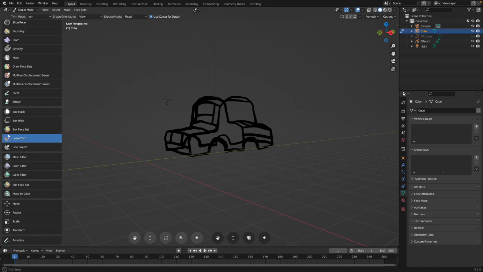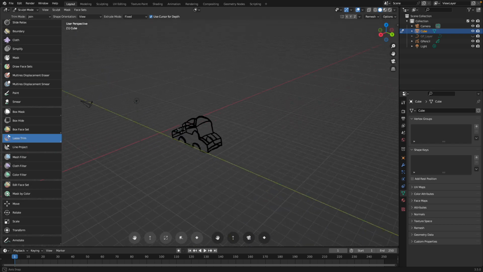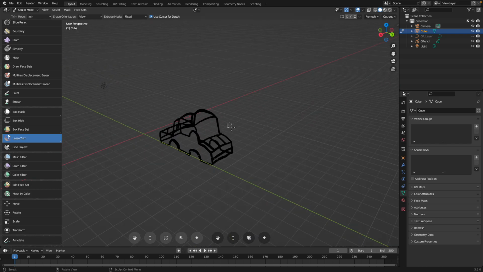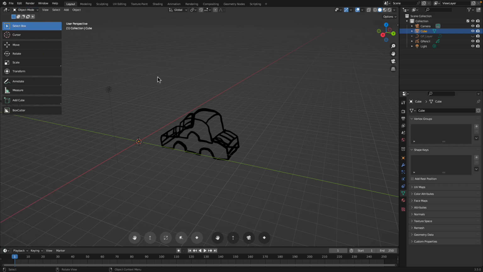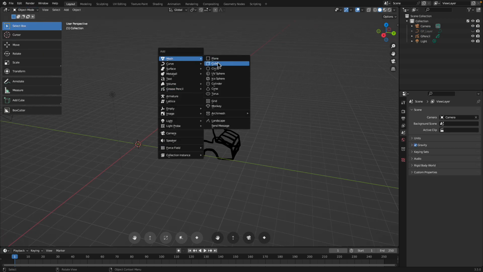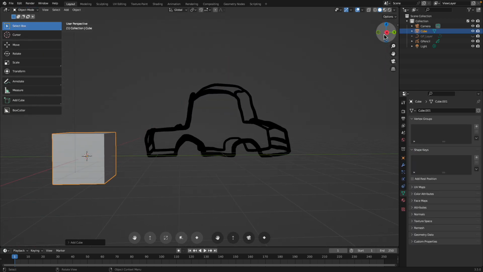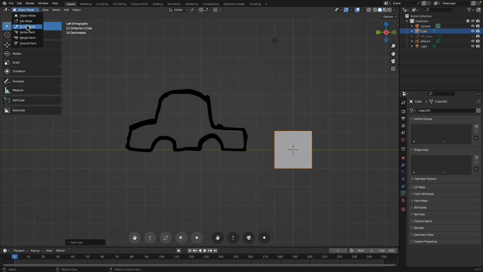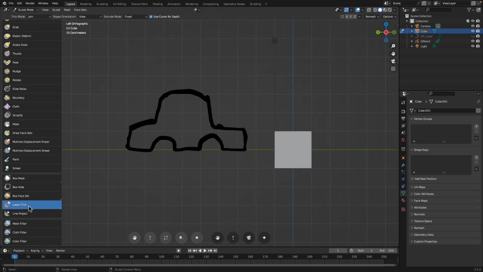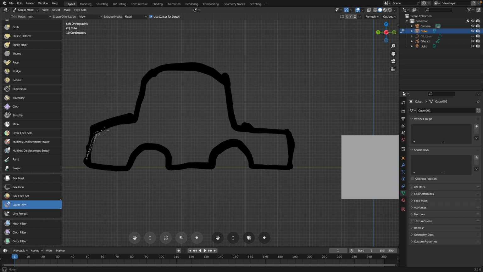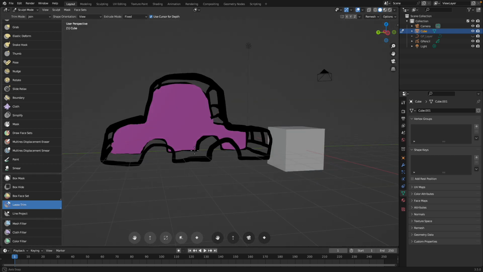Oh, okay, we got nothing, which is interesting. I think here's the thing. We need to have a cube at least, and then we go to sculpt mode and start using the lasso tool, lasso trim, and the method will be join, and start drawing. Since this car is super basic, like a toy car, we can draw it from the profile. We draw that,